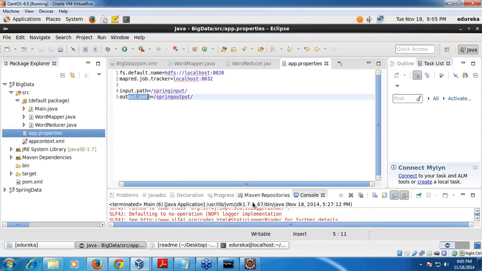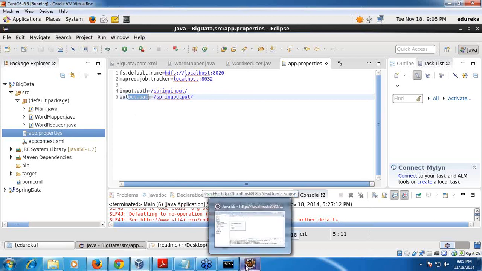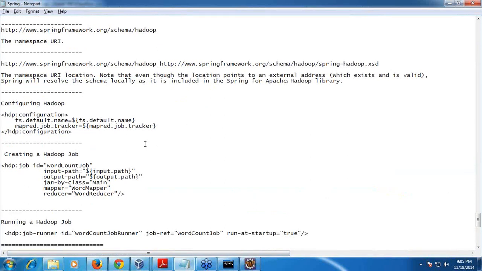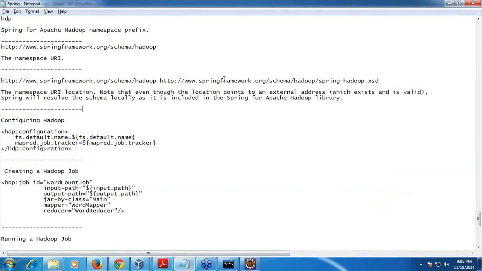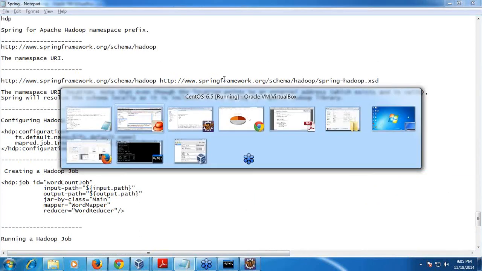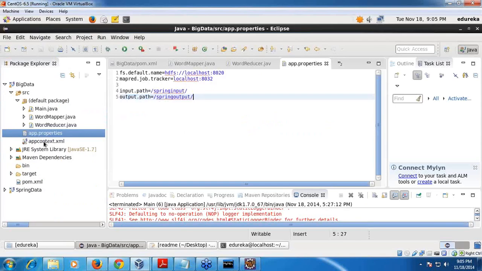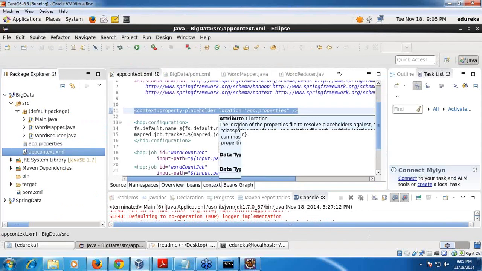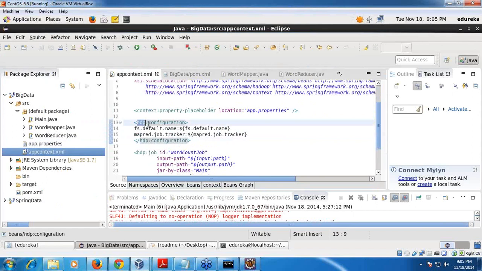Again, I can include that property file in this XML, probably you can write this code itself this way.